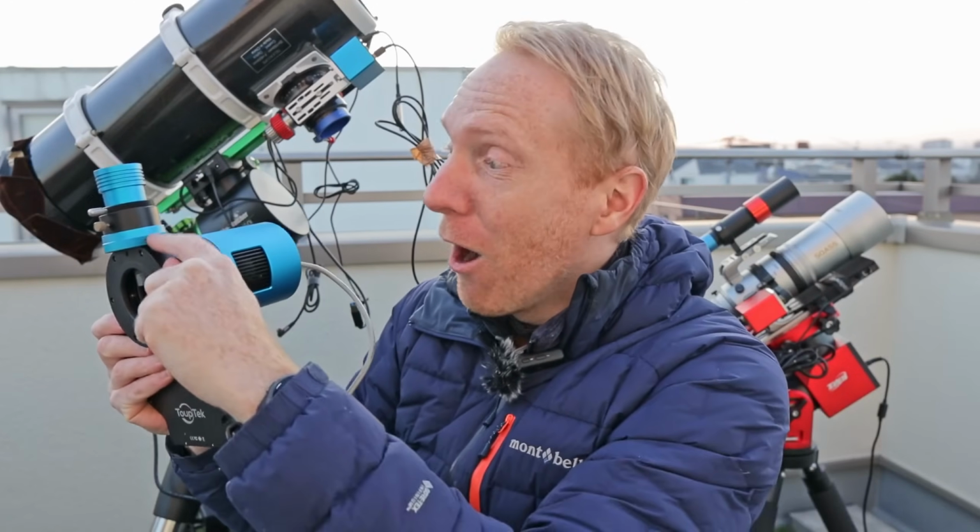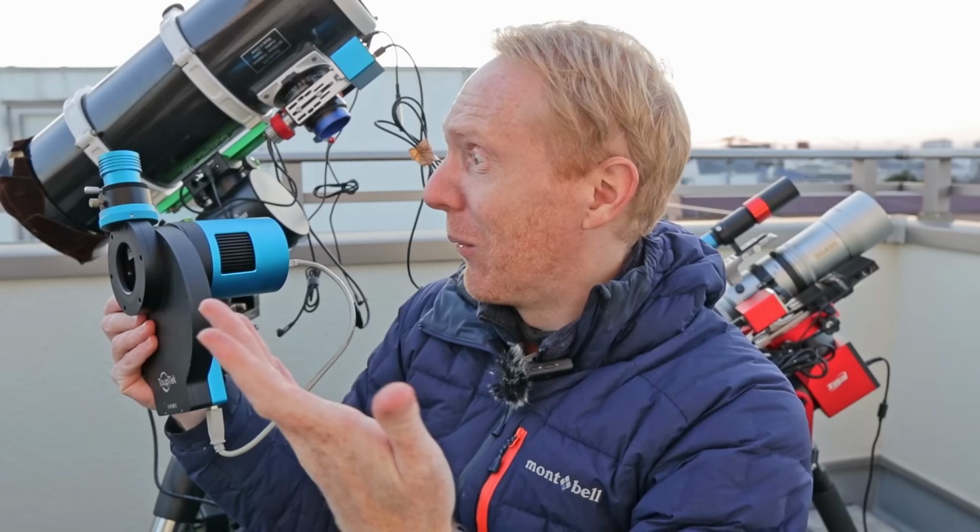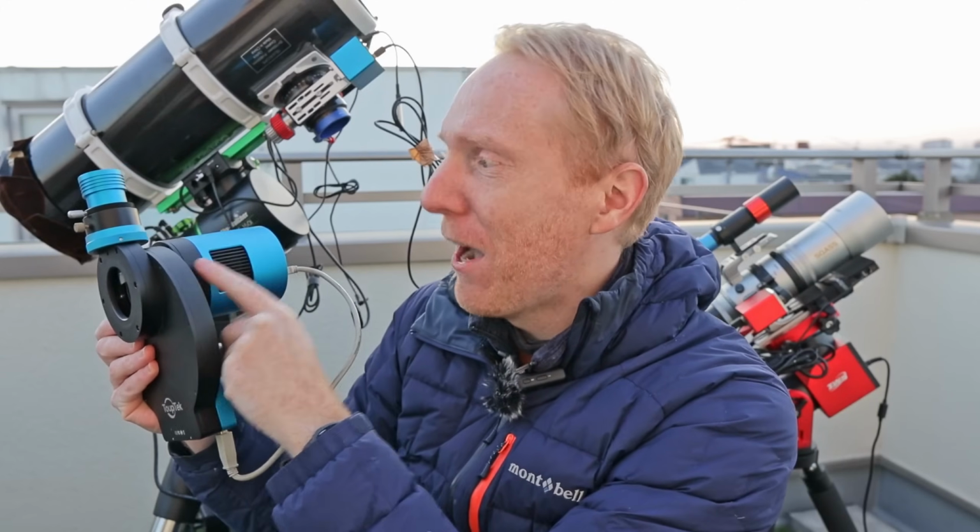And then we have the off-axis guider. And what would you know? The off-axis guider thickness is 16.5 millimeters. So wait a second, we get 17.5, we get 16.5, we get 21, we have 55 millimeters of back focus. We're good, except we're not, because there are filters inside, and filters have an impact on your optical back focus distance, but I will get back to that in a moment because I want to show you a third example,